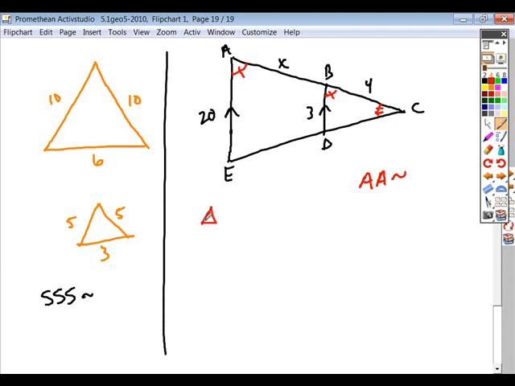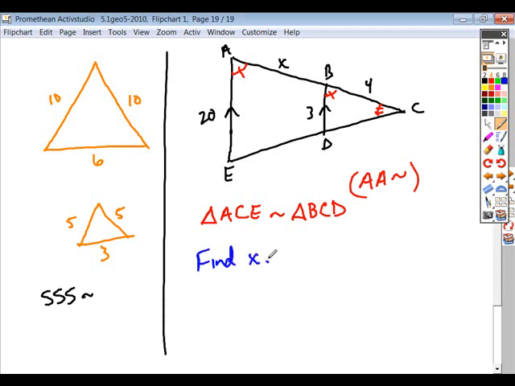So if we were to name the similar triangles, ACE is our large outer triangle, and what point in the smaller triangle corresponds with point A? A corresponds to B. What point corresponds to C in the large triangle itself? And then E corresponds with D. So here's your similarity statement. The justification is AA similarity. So what this means is your sides are proportional. Okay? Now, if I ask you to find x in this case,